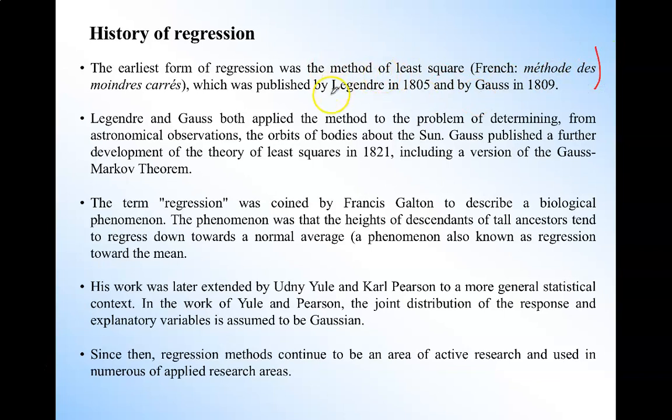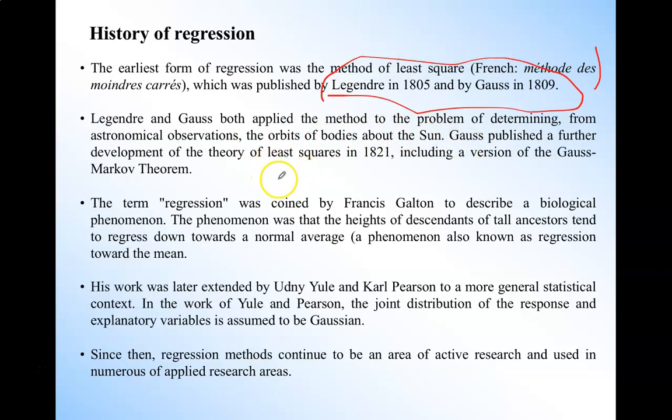It has been around for more than 200 years, by these two legends, Legendre and Gauss, in 1805 and 1809. Both of them applied this method to the problem of determining from astronomical observation the orbit of bodies around the sun. And Gauss even published